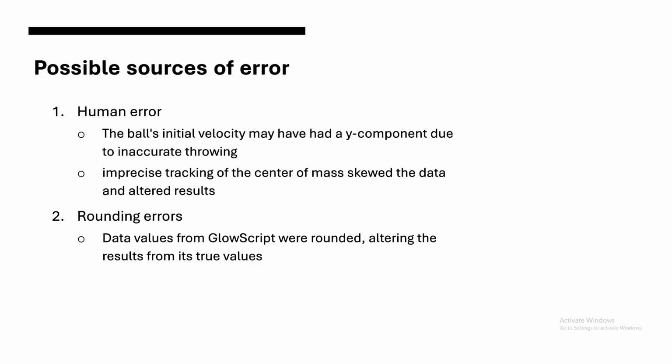The second source of error comes from rounding errors. The numbers that GlowScript gave us were rounded to a certain decimal point, meaning that the numbers we put into the chart are slightly different from their true